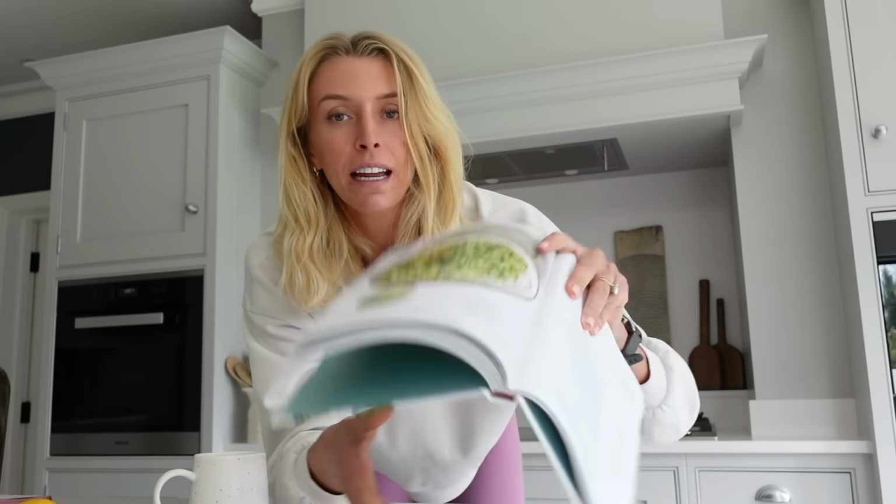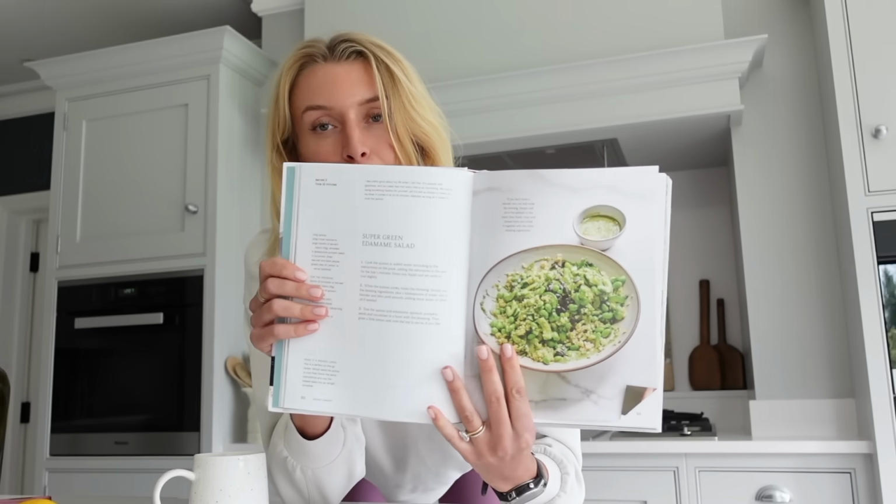So yeah, the recipe that I'm making today is gonna be the super green edamame salad from Deliciously Ella. I will show you how I make that. I'm also gonna add in some tempeh for some extra protein and calories, because it seems like quite a light dish. But before we hop into that, I just want to mention something,